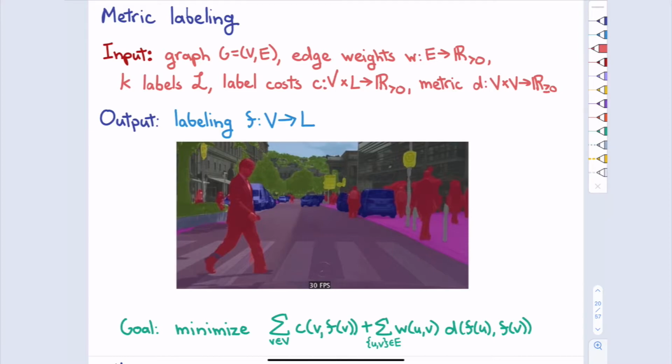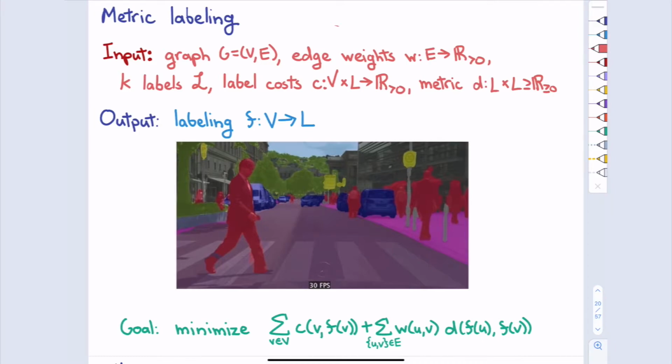We also assume a metric on the labels. So we have some idea of which labels are more similar or less similar to each other. So the goal then is to assign labels to all the vertices